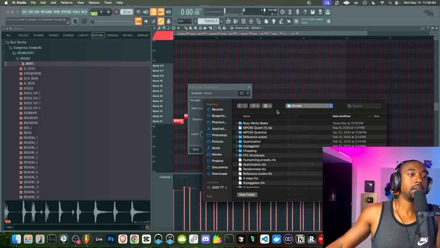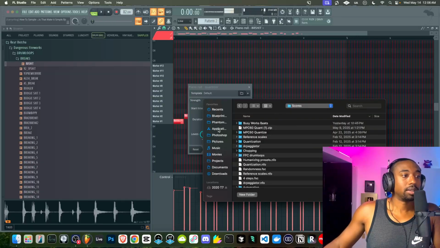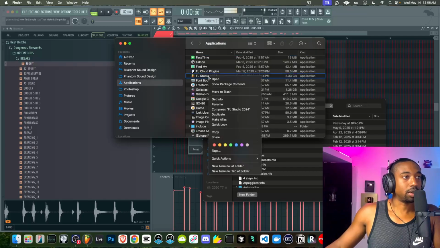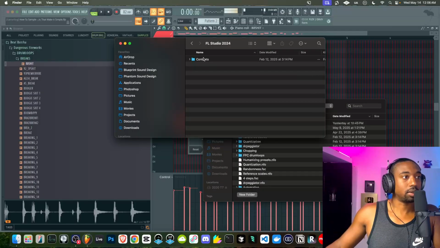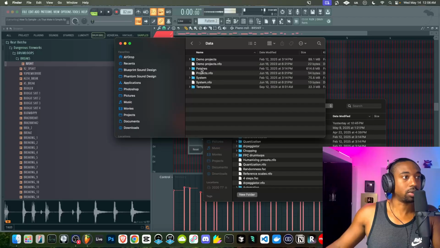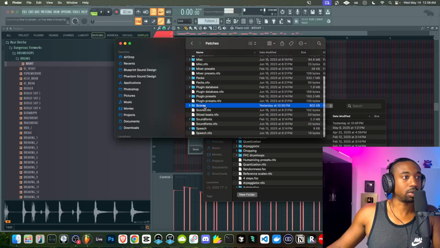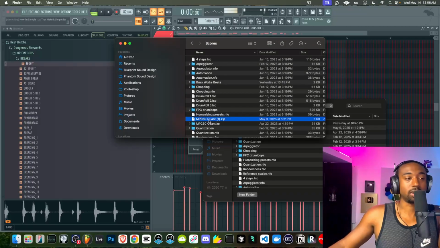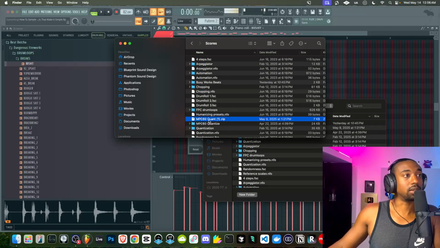Go up a couple categories, go to where it says scores, and let's see where this folder is that it's pulling from. I'll show you guys how to do this on Mac. So on Mac, we need to right click, show in Finder so that we can get to our file explorer. Go to your applications here, go to FL Studio, right click, show package contents, go to contents, go to resources, go to FL, go to data, and then go to patches and go to scores. And once you download the MPC file from our Discord, discord.gg/busyworksbeats, look for the drum kits channel. And then download this, and you just drag and drop it into this area here and just double click and it will make its own folder.